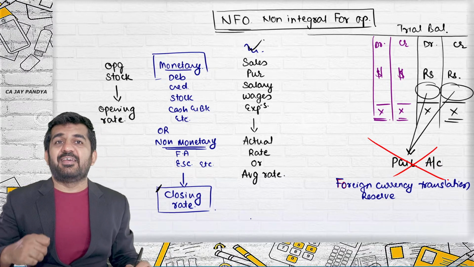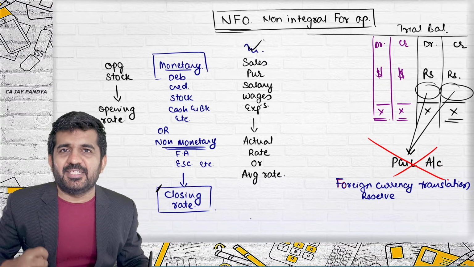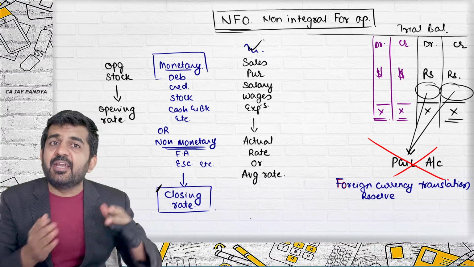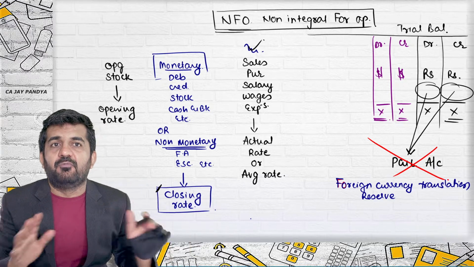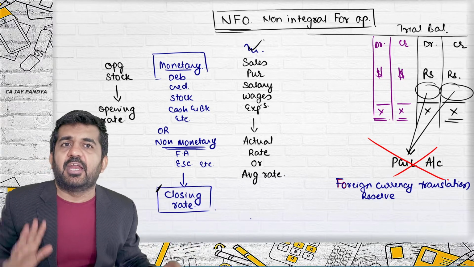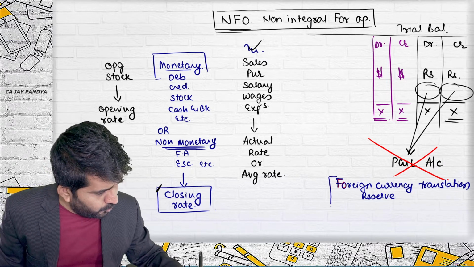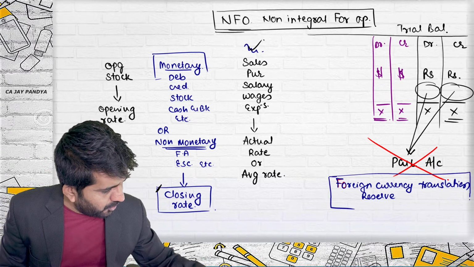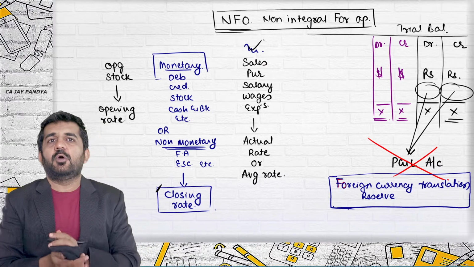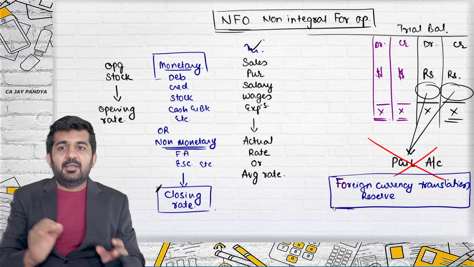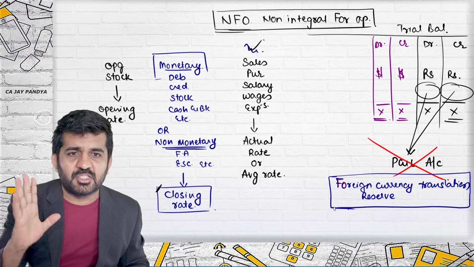Of course, if it is having a credit balance, it will go on liability side. If it is having a debit balance, it will go on asset side. That's it all. And next year, if any, will be ultimately debited or credited to this particular reserve. So every year you don't transfer it to profit and loss account. This is what AS 11 says. Let me go into detail and ask some of you.